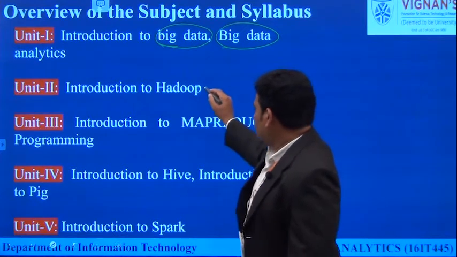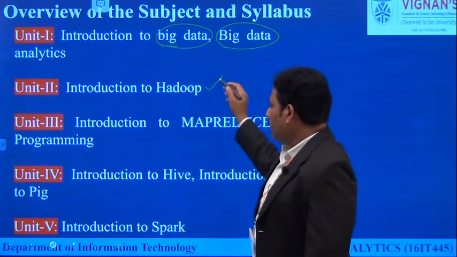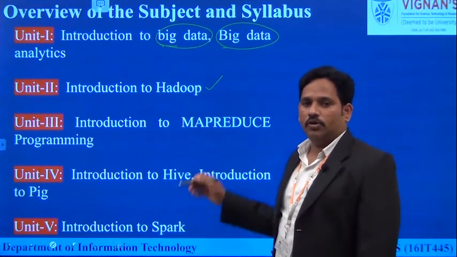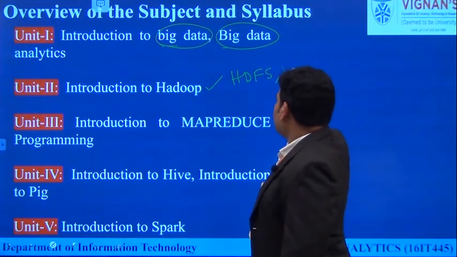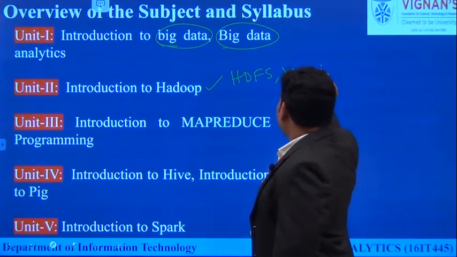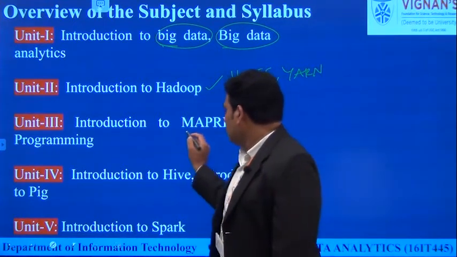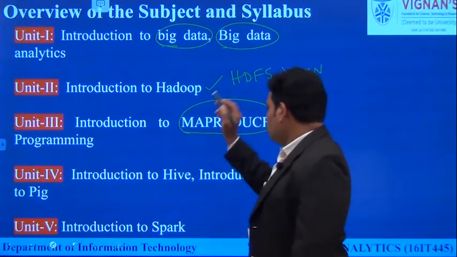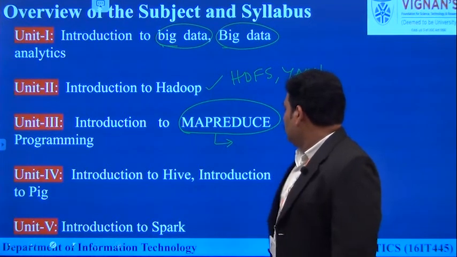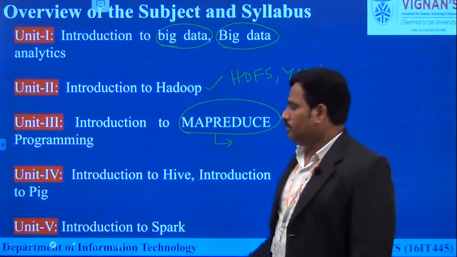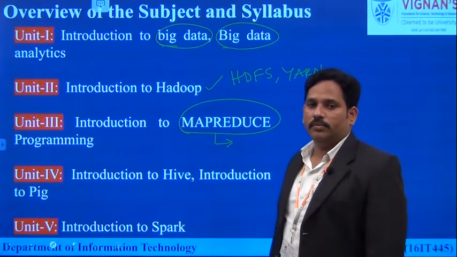When you move to the second unit, this unit completely focuses on the Hadoop environment. That means how Hadoop is going to be implemented, installation of Hadoop, Hadoop Distributed File System, that is HDFS architecture, and other file systems like YARN. These concepts are going to be discussed in detail in unit number 2. When you move to the third unit, another big data tool used in the big data framework is MapReduce. The implementation of MapReduce, basic programming concepts in MapReduce, how programs are going to be executed, and how the installation is going to be done are discussed in unit number 3.